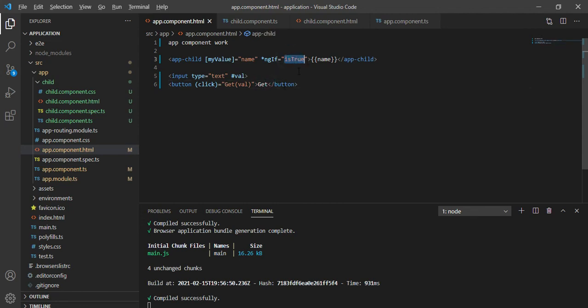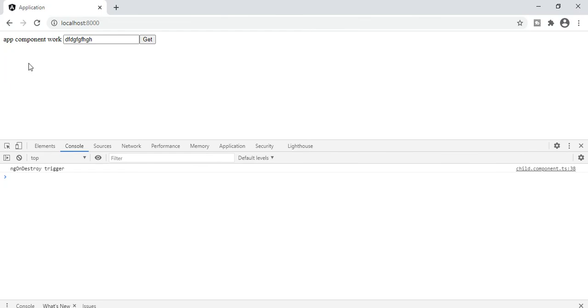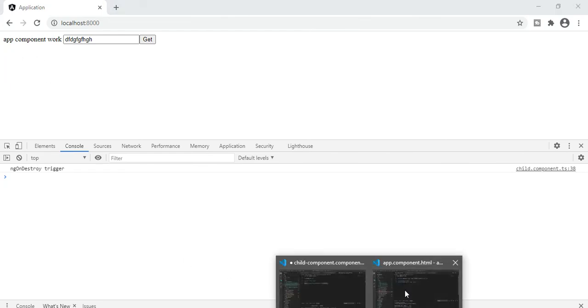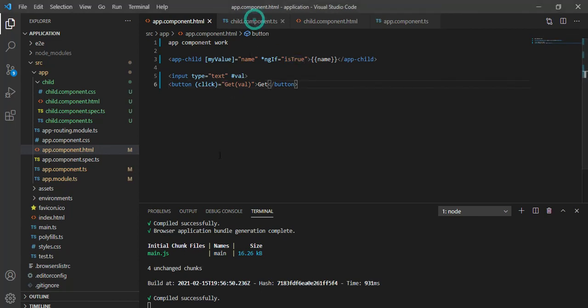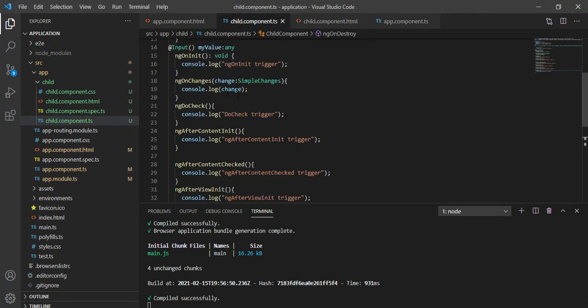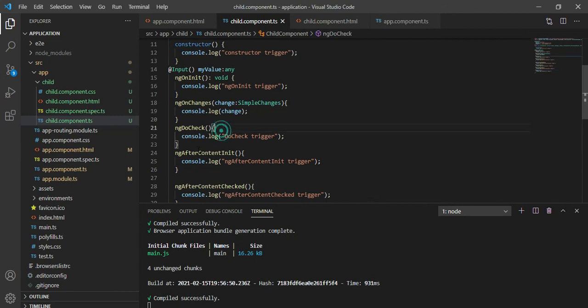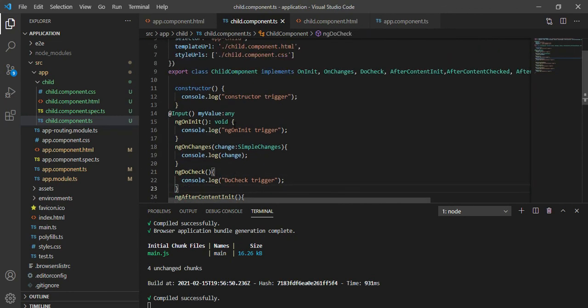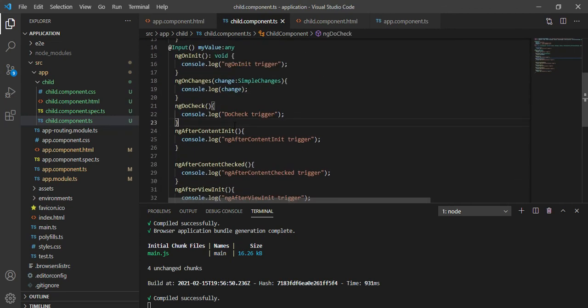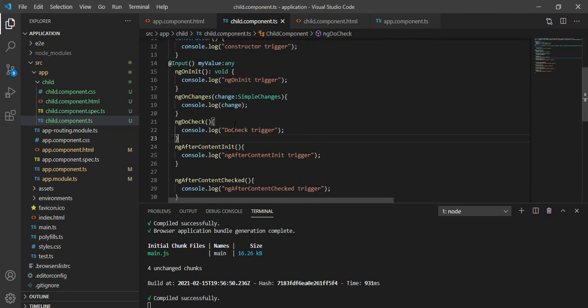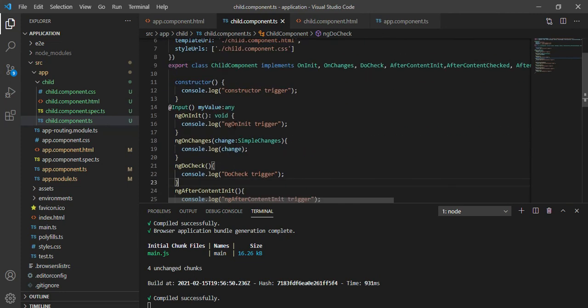That is why the component has been removed from the DOM. So in this way you can test the life cycle, and you can write your code at any particular event. This is a very basic example, but you can write your own custom code at any place when required.